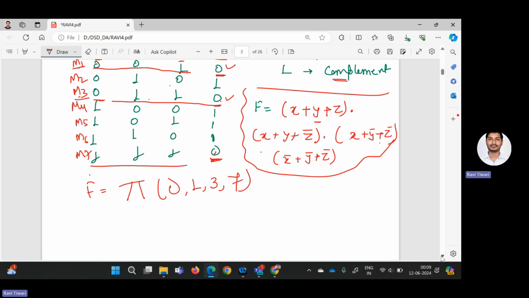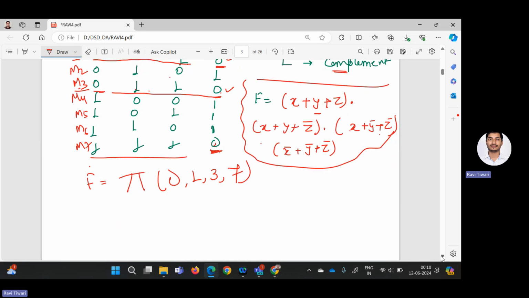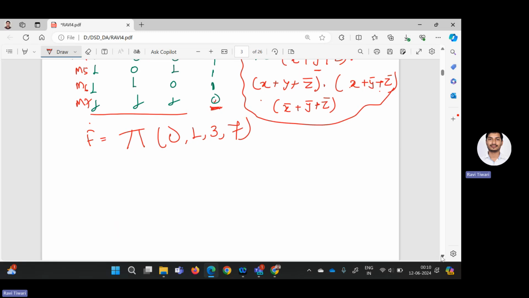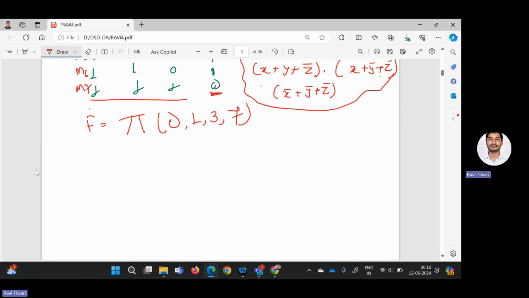But what is the definition of minimal POS form? For example, I have an expression like pi, and it is given as 1, 2, 3, 5, for example. And the question is: first write down the canonical POS form and then find out the minimal POS form. How can we write the canonical POS form? So for canonical POS,